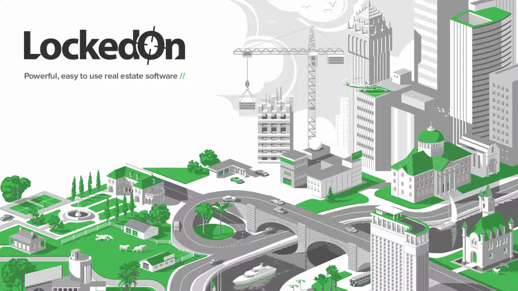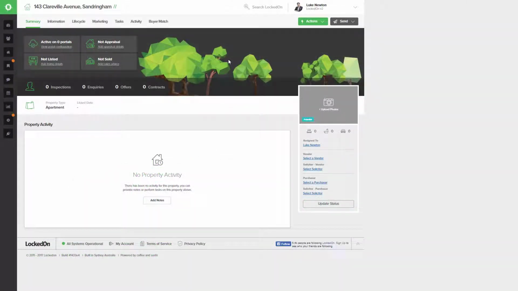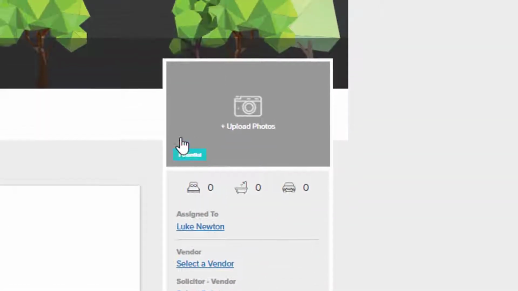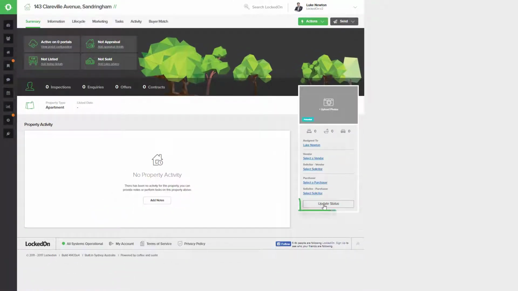In this tutorial, we're going to look at how you can update a property status and explain what each property status means. When you're on a property, you'll see over on the right hand side of the screen a button that says Update Status. On the main image, you will see a blue box which will tell you what status the property is currently at. So this property is currently at potential, and if you want to change this, you can hit the Update